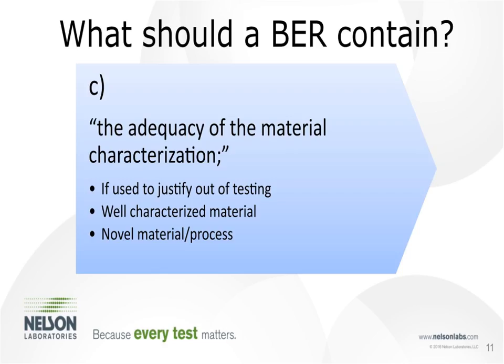Part C, the BER should also contain the adequacy of the material characterization. It's important to note because it's not quite clear what they're looking for here, but it depends on what you are doing with the material characterization data. So if you have performed some chemistry testing and you are justifying out of performing in vivo or in vitro testing, that material characterization data needs to be sufficient, and a toxicological risk assessment needs to have been performed on